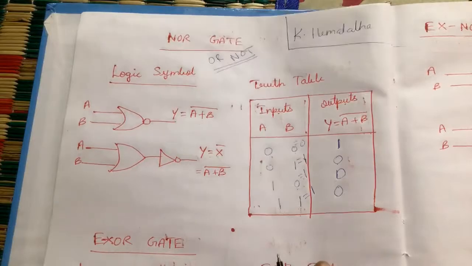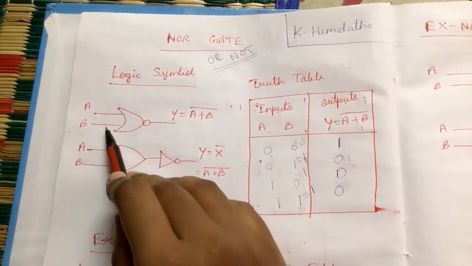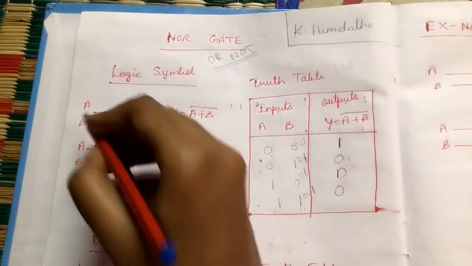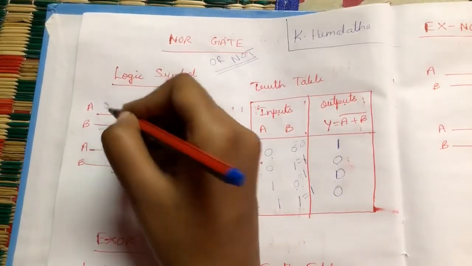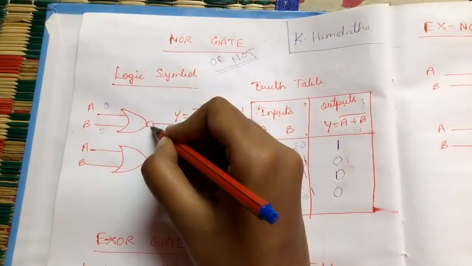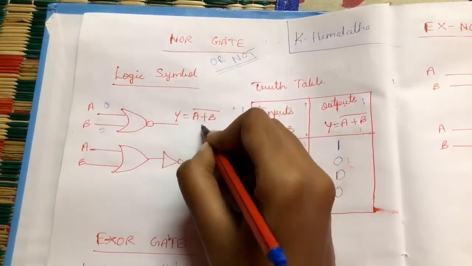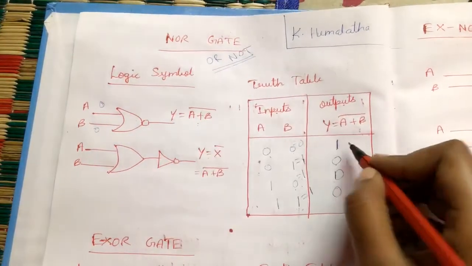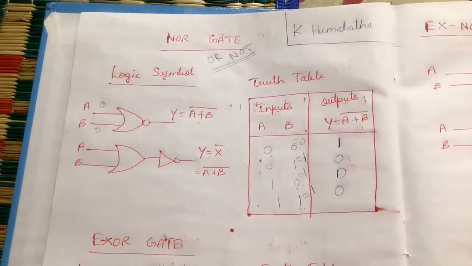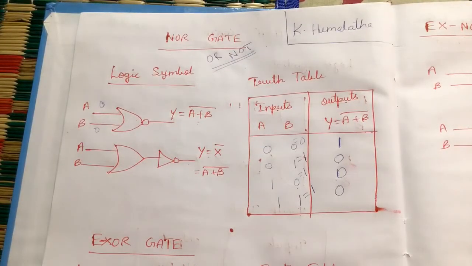And you can also try it with this input. Suppose I am taking 0 and 0. What will be the output for this? 0. Now I am doing the NOT operation. The complement of that you will be getting, that is 1. So you can try with the logical symbol also. It says that the output is high when all the inputs are low. Okay. So the output will be high only when all the inputs are in the low form. So that is the definition for the NOR gate.